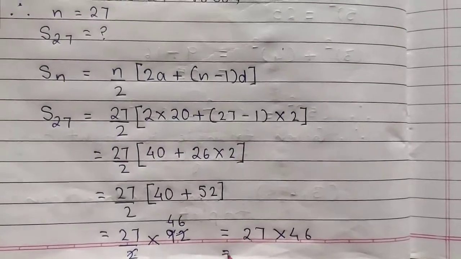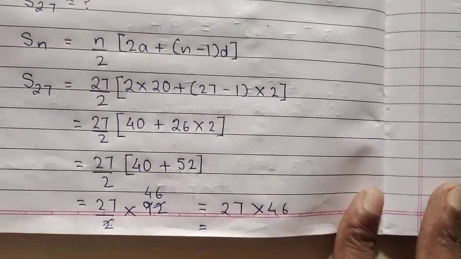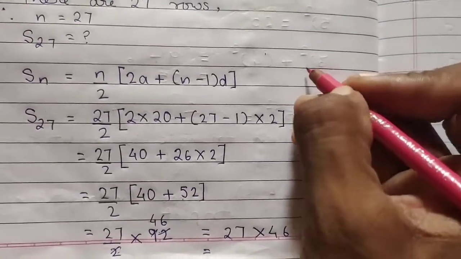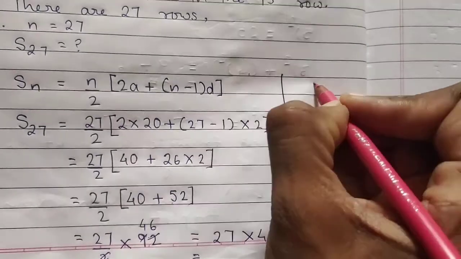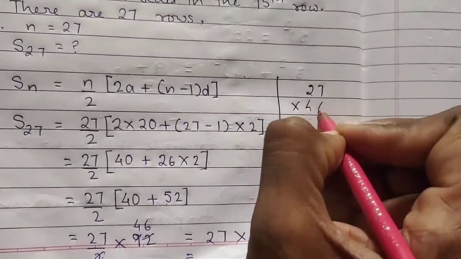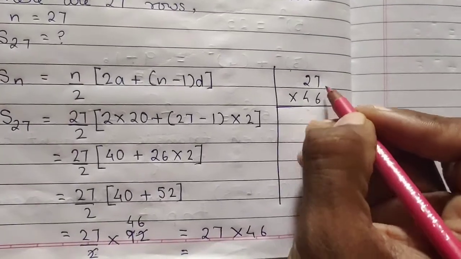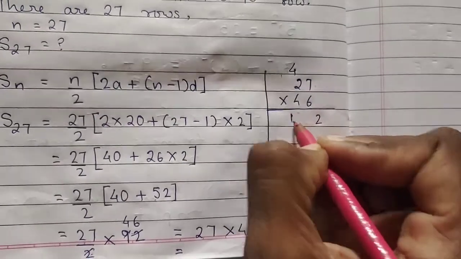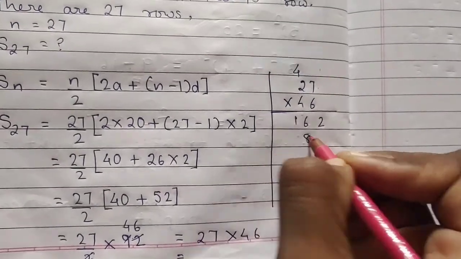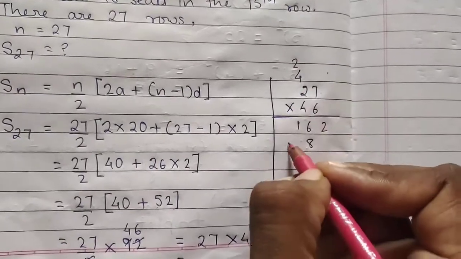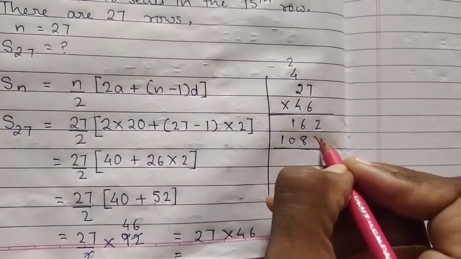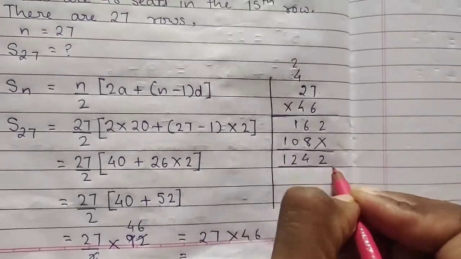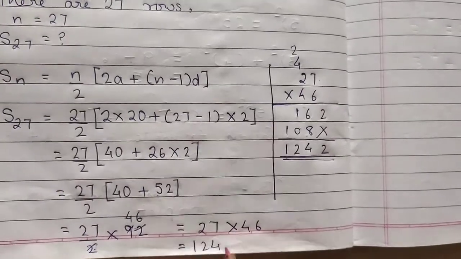Now you have to multiply 27 with 46 to get your answer. Okay, so I will write the final answer directly, or you can do the multiplication. So let me show you how to multiply. This is 27 into 46. So let us do the multiplication. 6 sevens are 42, 4 carry, 6 twos are 12 plus 4 is 16, 4 sevens are 28, 2 carry, 4 twos are 8 plus 2 is 10. Okay, one place is cut. So this is 2, 8 plus 6 is 14, 1, 1, 2, 1. So you are going to get 1242.